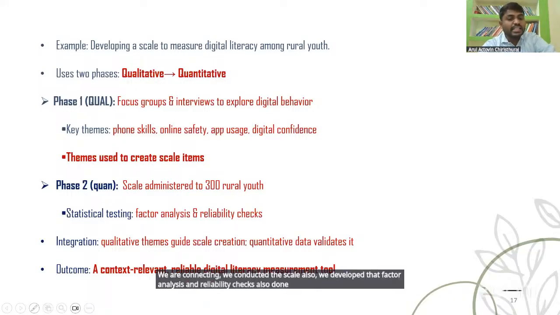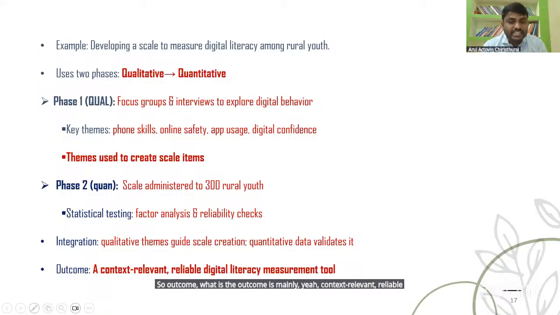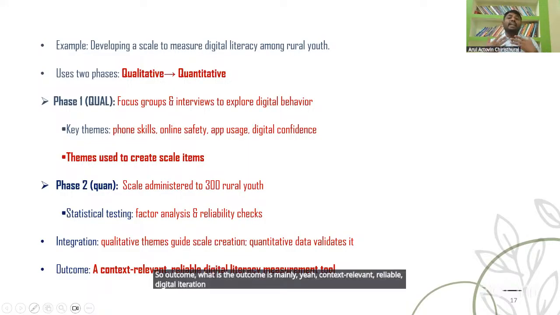After that, these qualitative themes guide scale creation, and the quantitative data validates the qualitative findings. So the outcome is a context-relevant, reliable digital literacy measurement tool that we can develop by using this sequential exploratory design.